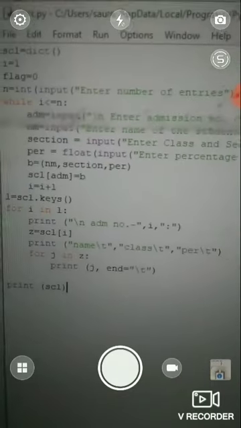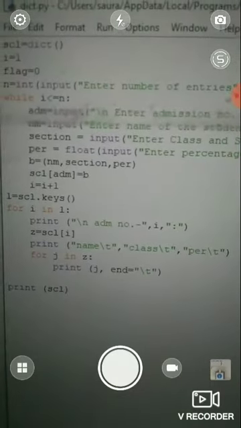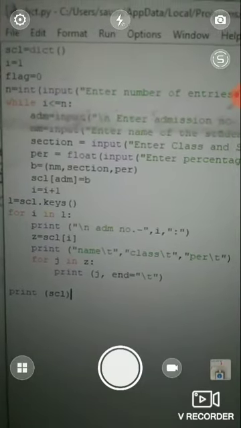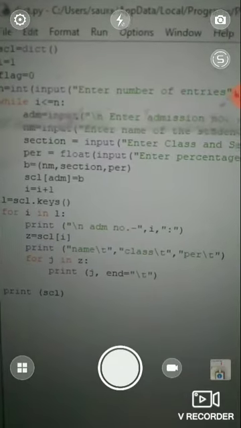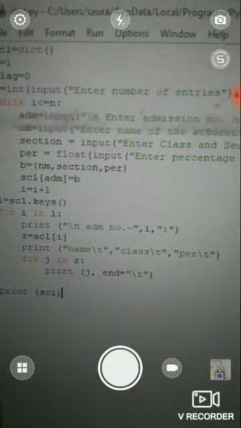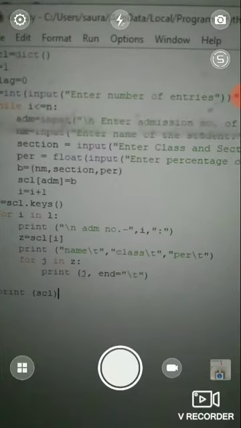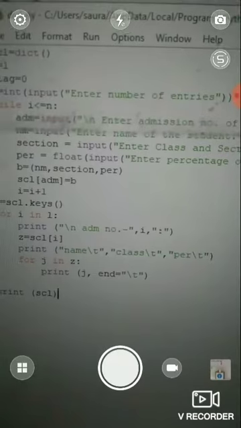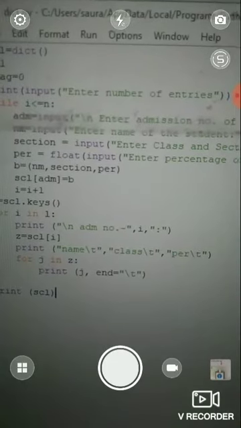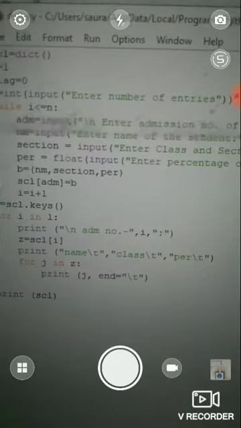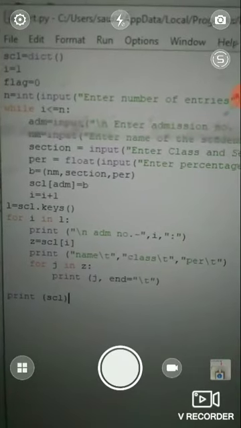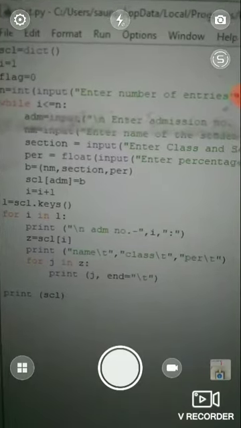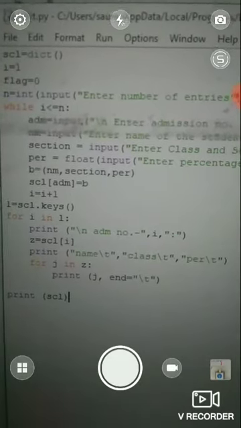Then SCL[ADM] equal to B. It means that according to the ADM number, whatever is input by the user, B will hold. So for an ADM number there are 3 different values. Then here i is increased by 1. So the loop runs according to n until the number of entries is completed.